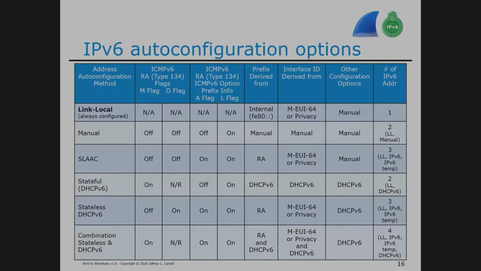And the next thing you know, you've got 3 global unicast addresses on your client, using the temporary. And you go, no, I've got a managed address world. Why are we not using my managed address? Because you didn't turn off the A flag. Because the router docs didn't explicitly tell you to turn off the A flag if you want to use the M flag. Ask me how I know.